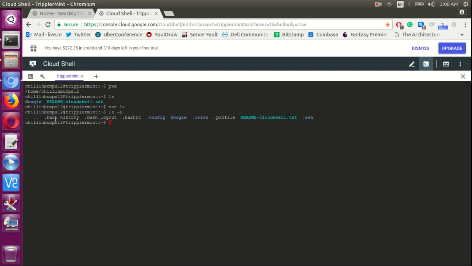So I have certain files like bash, config, and profile, and there's another folder, .sh. If you're new and cannot differentiate between files and folders, what you can do is ls and pass the -l parameter, and it would list everything. Right now, since I didn't pass -a along with the l, I can't see my hidden files